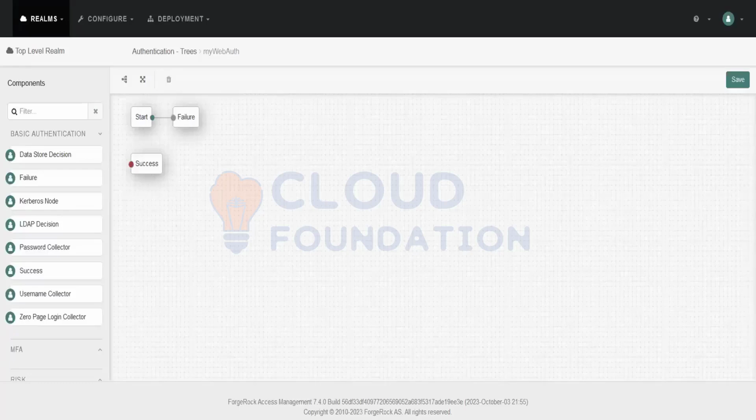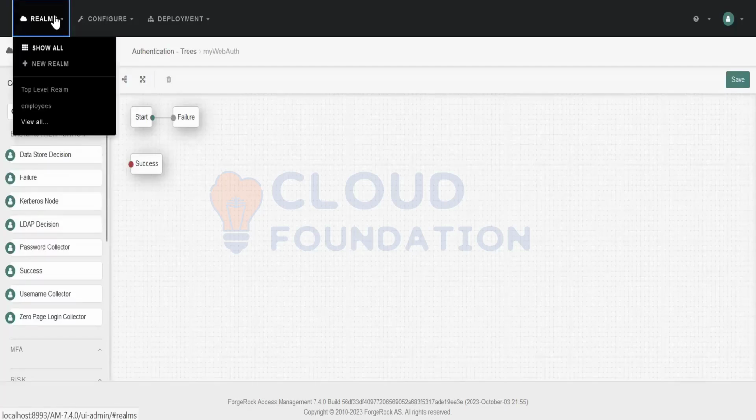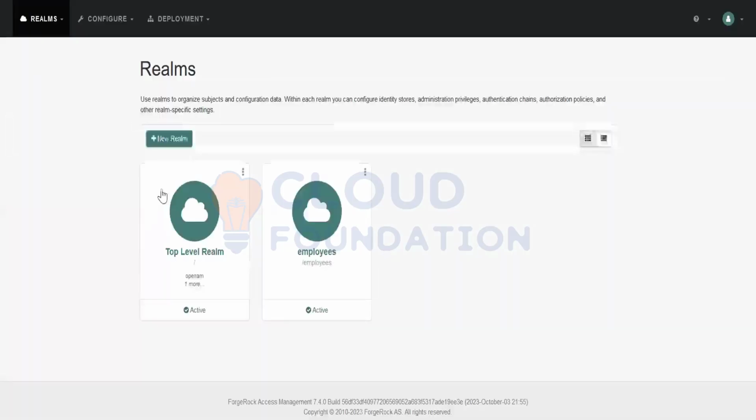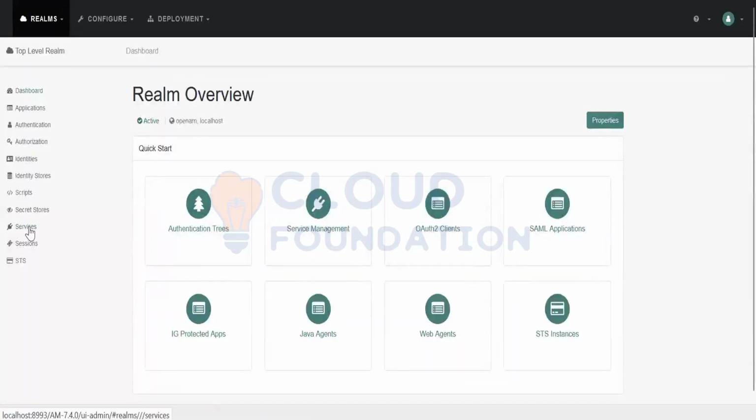For that, before setting up the tree, we need to add a service, the web authentication profile encryption service. So here, if you go to the services,